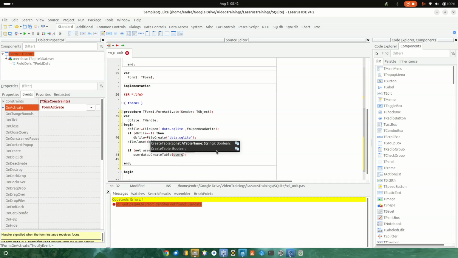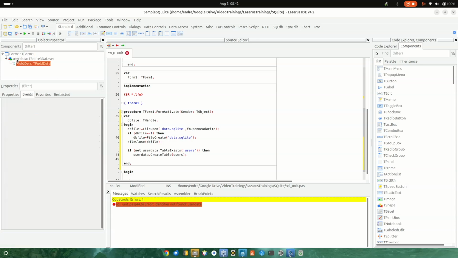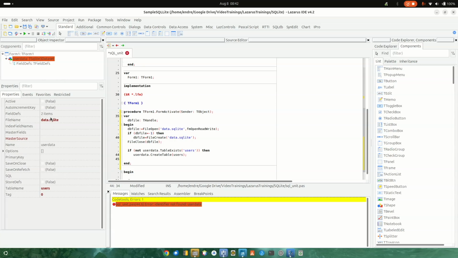And actually this will use the table definition, or field definition, what we made here, and we'll create the database